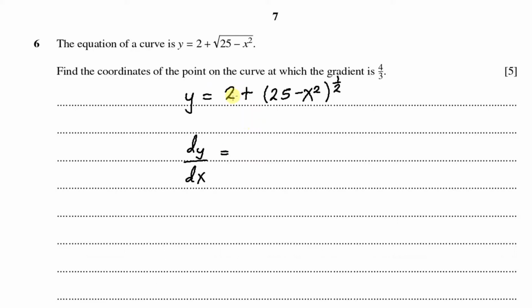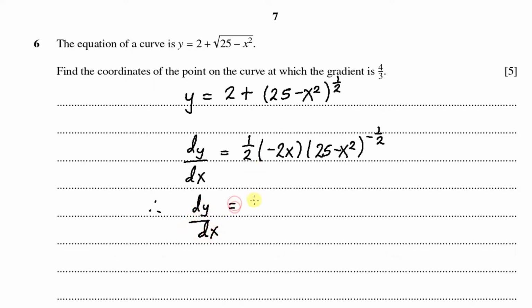Differentiating 2, that's a constant, we get 0. And differentiating 25 minus x squared to the power of a half means we bring down the half. Then we differentiate 25 minus x squared, which gives us minus 2x. And then we write down the 25 minus x squared, and then we raise it to the power of a half minus 1, which is minus a half. So this is what we have,